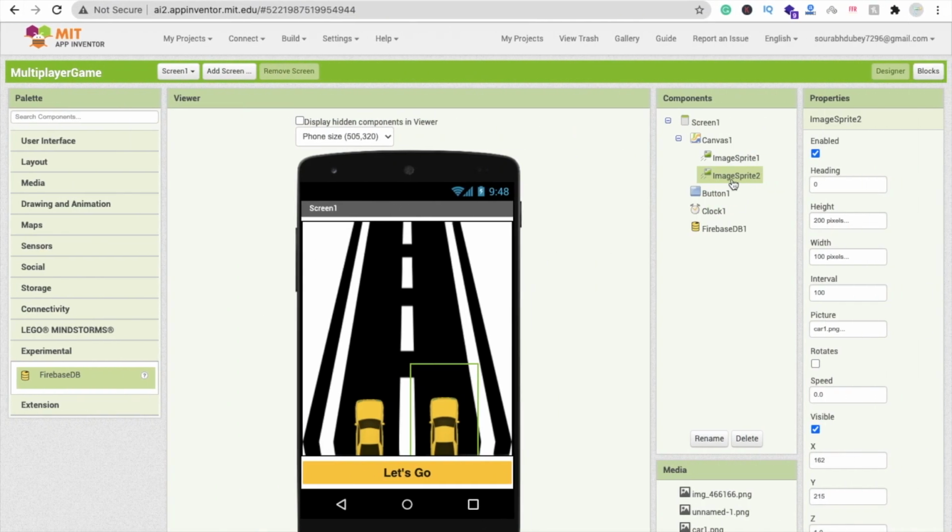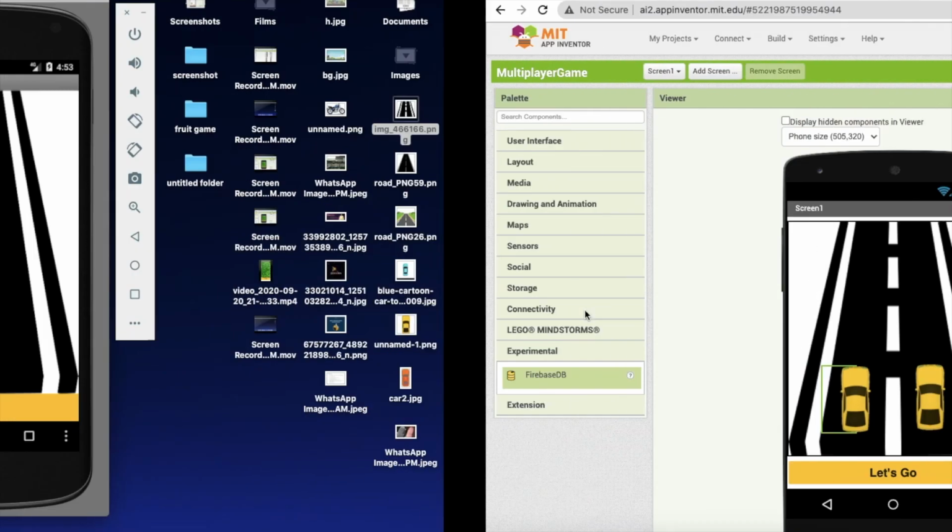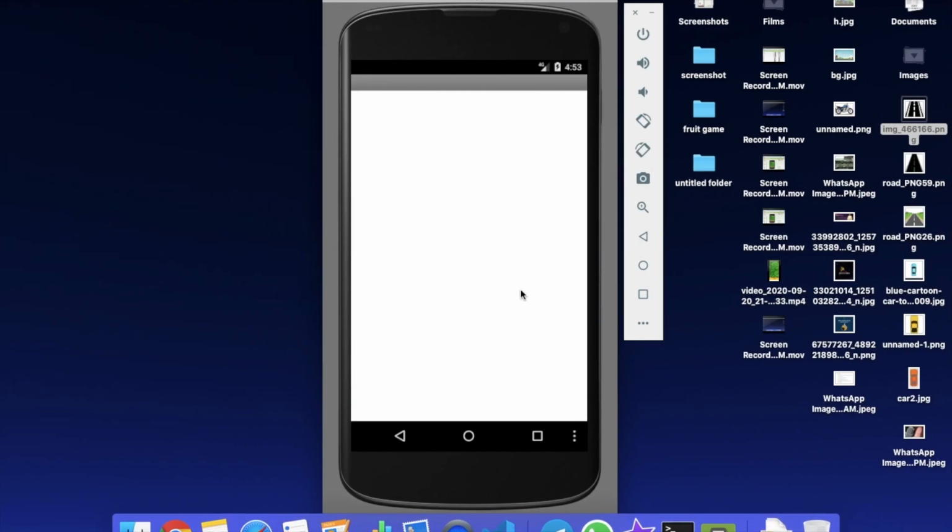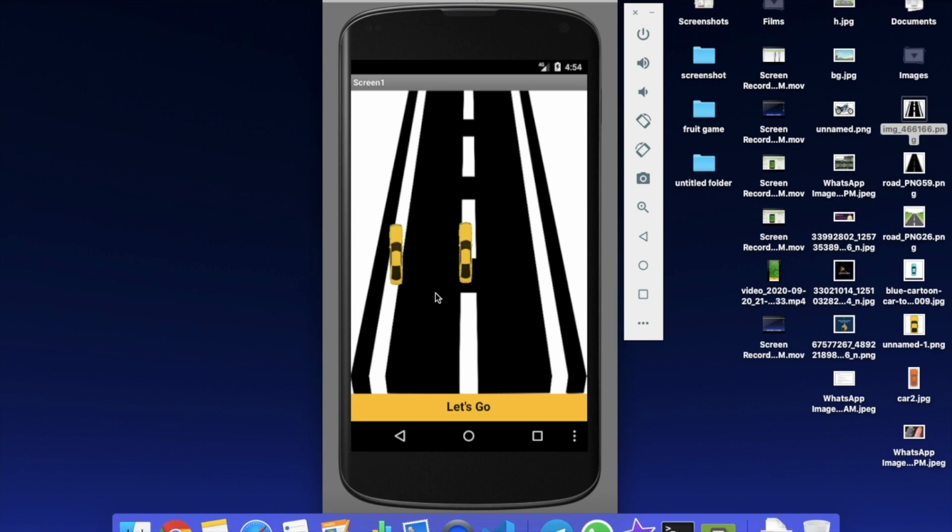So you can make it like image split 2 and make its height 100 pixel like this and make its width 50 pixel. Okay, now make it also 100 and make it also 50 like this. And you can see now the car looks like this.